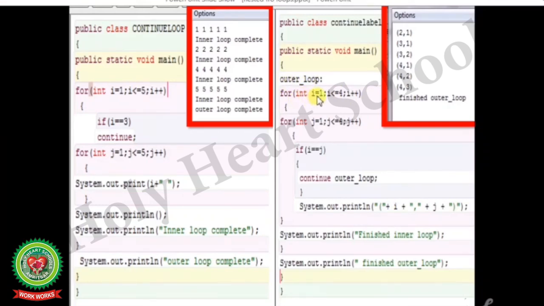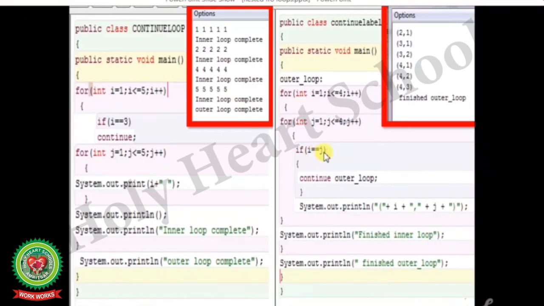Now the value of i will be 4 and the value of j will be 1. So it will check 4 is equal to 1. The condition is false, and it will print the value of i and j, that is 4, 1. Now again the value of j will be updated, that will become 2. Now 4 is equal to 2, condition is false, and it will print 4, 2. Again the value of j will be updated, that is 3.